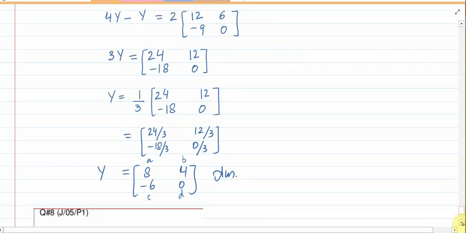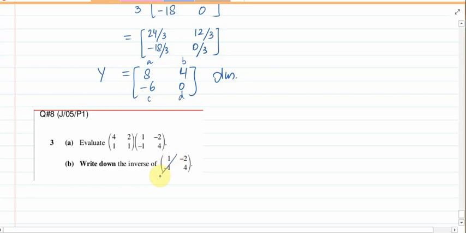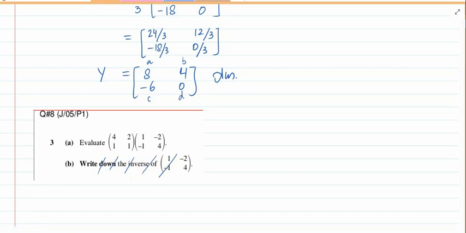Now the next example, leave that part. We are going to attempt only the first part. The inverse of a matrix is our next exercise. So we are going to attempt all the inverse questions from the past papers after we have covered it from the book. Now, first part, evaluate